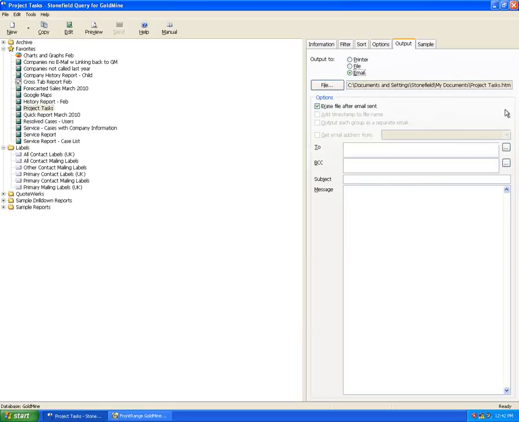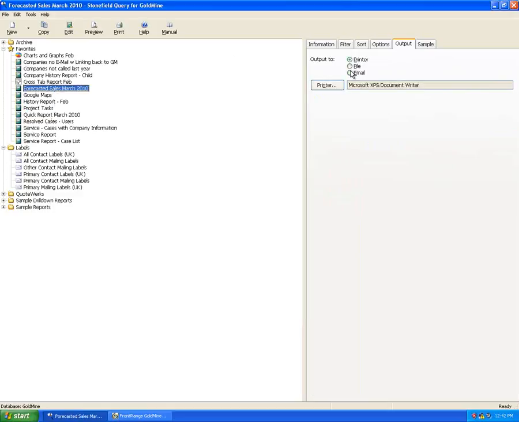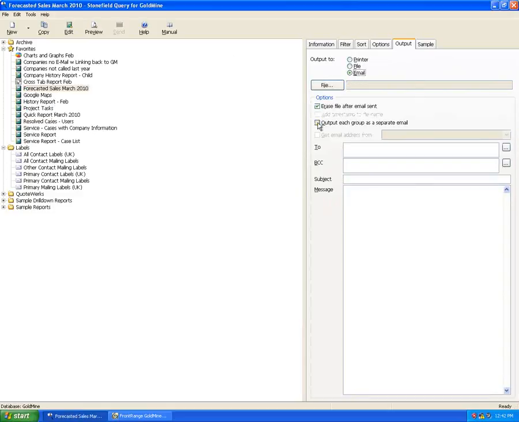Email, your customers can also email reports. You can also go ahead with reports that have groupings on them. Let me grab our forecasted sales report. Now, reports that have groupings on them, you can either send via email and it comes as a PDF to one individual person, or you can also copy in certain people, or you can say output